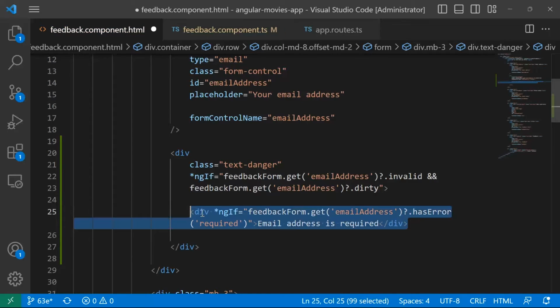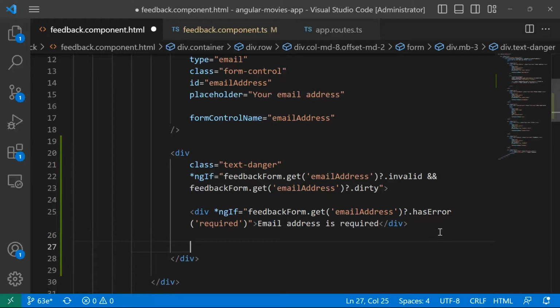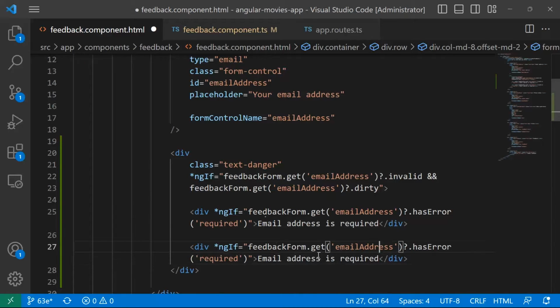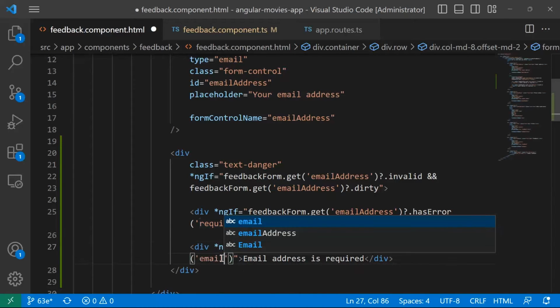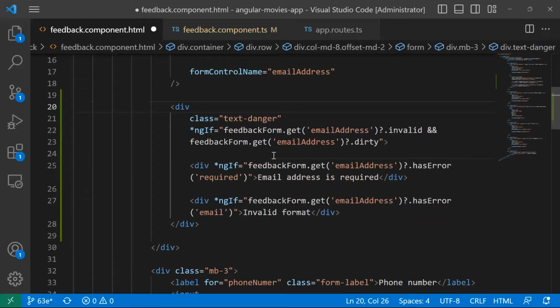Otherwise, we want to check for the email validation. So if it has an error related to email, so we checked for required. Now let us check for the email. The address has an error about email. Email format is not valid, or you could just type in here invalid format. Let us copy this div section